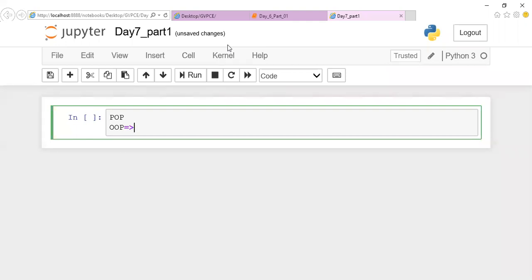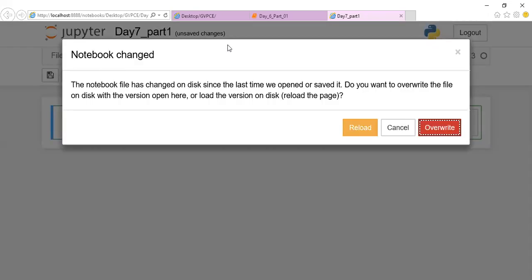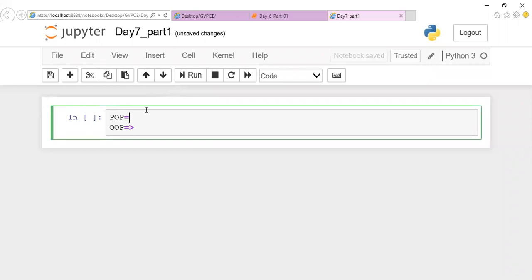We'll start. Whenever you speak about programming languages, they are classified either as procedure oriented programming or object oriented programming. So, what is procedure oriented programming? Writing a program only by using functions. So far, we have written programs by using functions, right? By using the def keyword, we define a function. That is called procedure oriented programming.